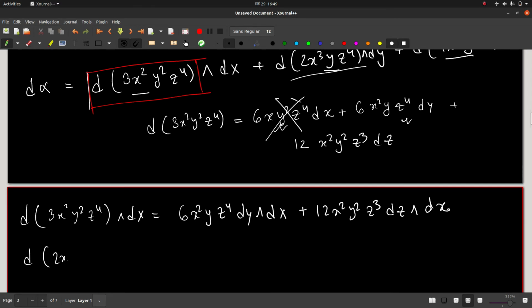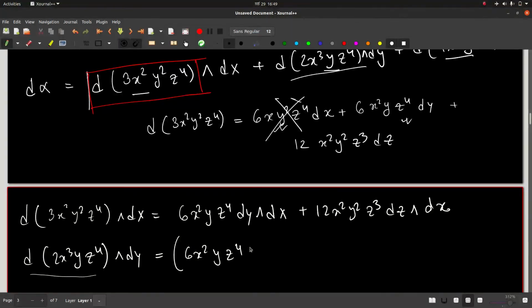d of 2x cube y z to the power 4 wedged with dy, what should it give you? Well, again compute this, and it will give you something like this: 6x square y z to the power 4, there will be a dx wedged with dy. Then there is the y term. That means when you do the partial derivative with respect to y, there will be a dy, and that will get wedged with this dy, and that's why I'm not writing that term. It will be 0, and the last non-zero term would be just 8x cube y z cube dz wedged with dy,